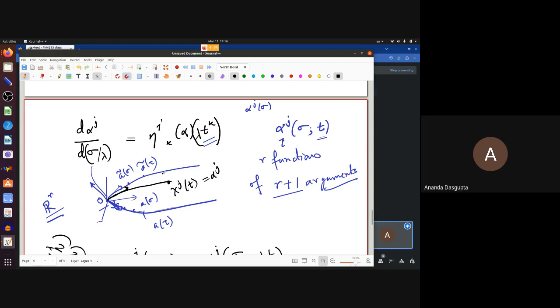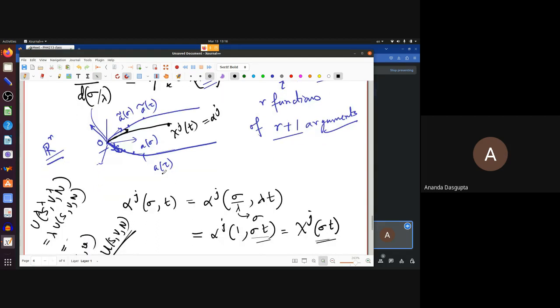That gives me a unique tangent. Why is that important? It's important because for every group element in this neighborhood, I now have a unique tangent vector,